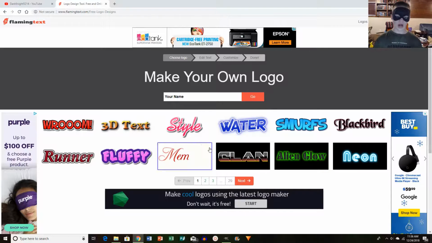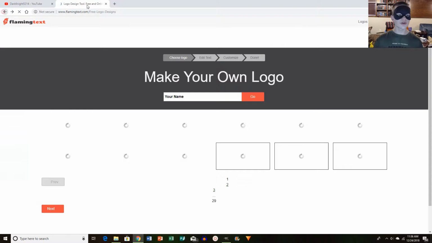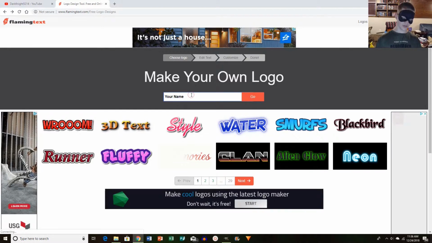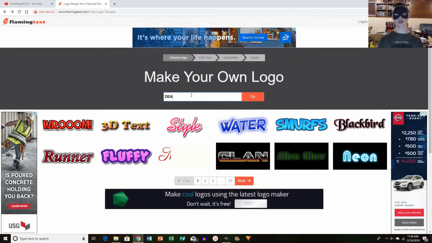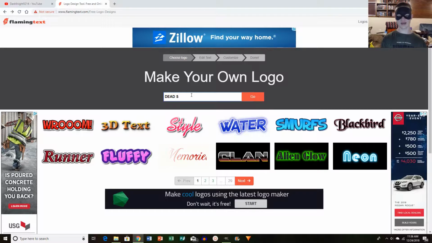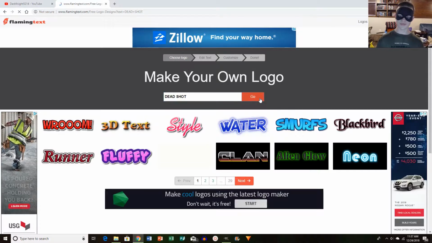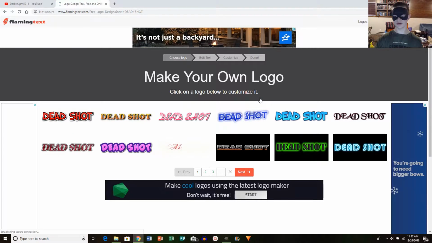So we're going to be choosing, I don't know what kind of text we're going to be choosing. I like this clan option, so we're just going to be choosing that. Actually, we're going to go back. So when you're making your logo, you want to enter your name. In this case, we are just going to choose Deadshot, because that's our main. That's what this channel is going to be transitioning to. So we're going to choose Deadshot, and then you just hit go, and this will bring all of the